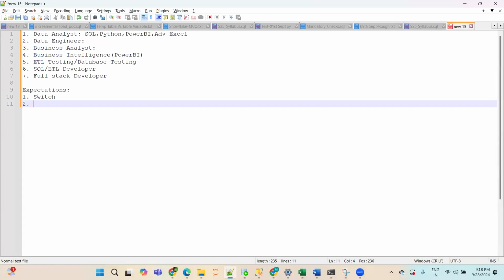Those who are the matured candidates here, and matured means those who have already worked on SQL, for them I'm telling this. In those cases, let me complete one topic. Suppose I'm teaching count, let me complete count, and then you compare what you have studied and what I'm teaching. If you find something different there, like, "Oh, Tanvir, you are teaching this, I don't think this is correct," or something like that.